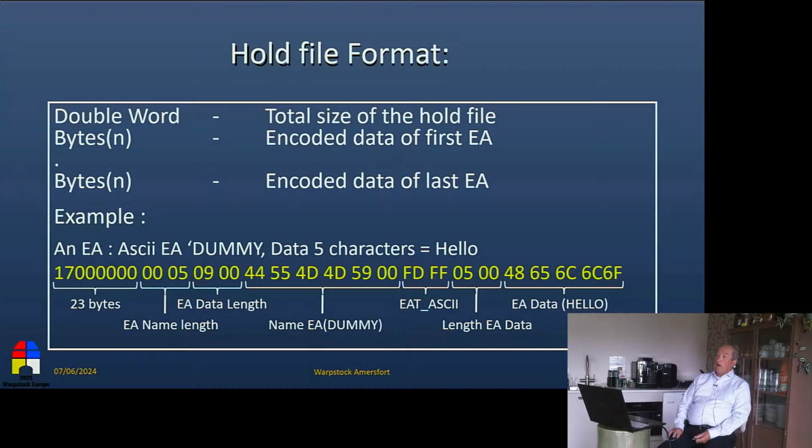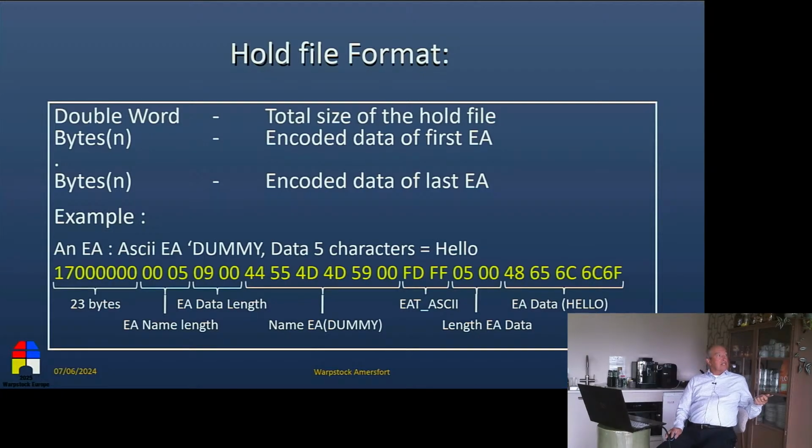So basically, if you have a file with the size, for example, 100, and the first 2 words have the indication 100, it's probably a hold file. There can always be exceptions, but that's the way it goes.